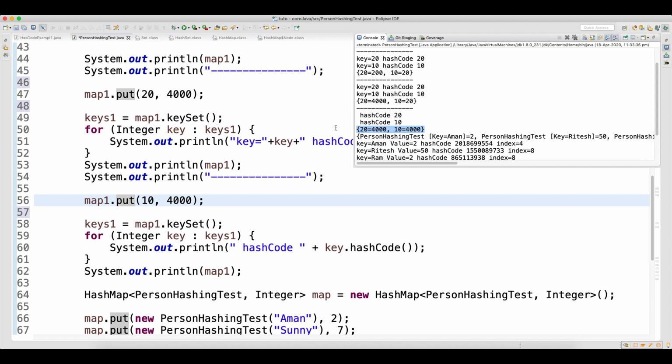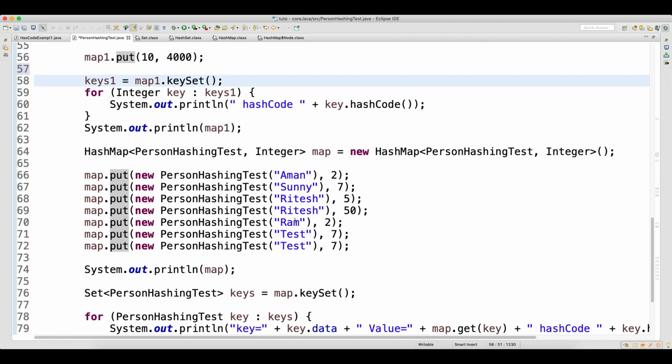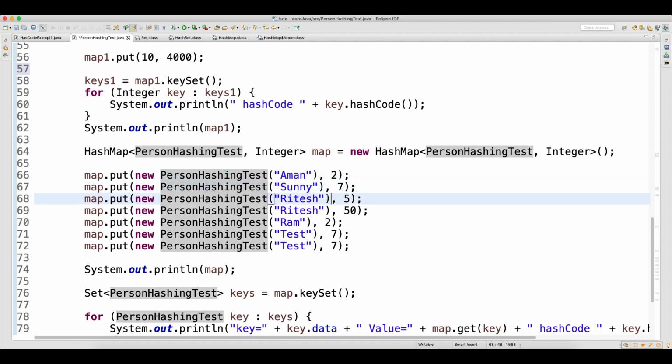Now you can understand the importance of hash code here. Keep two things in mind: if the hash code is the same and the object is also the same, your data will get replaced. That is the reason uniqueness was maintained here. But what happened in the custom object case: the hash code is different and the object is also different. This is a different object, this is a different object, this Ritesh is a different object, and again one more detail is a different object. So the hash code is different, the object is also different, so this data will not get replaced. This we have to handle.